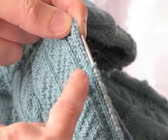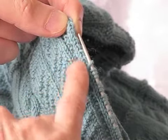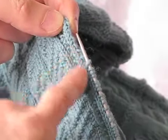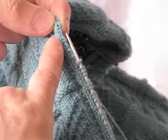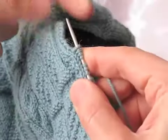And this means that if you pick up every single stitch along the armhole, when you come to knit them, you'll find it will start to balloon outwards because you're simply trying to fit more stitches per inch than you can really accommodate. So what you have to remember to do is not pick up every single stitch. So in order to pick up the stitches,